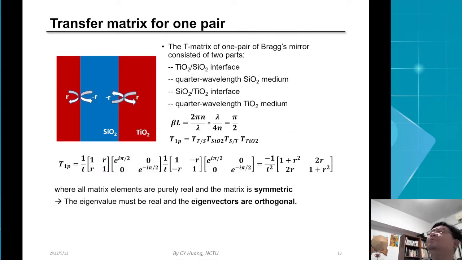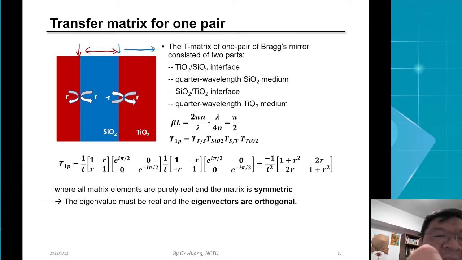All right, so now we can try to evaluate its discrete propagating constant by finding the transfer matrix of one pair first. So what does one pair mean? One pair means the light underwent first one interface, one medium, and then the second interface, second medium. Then it repeats itself. So two interfaces and two media form a unit of a